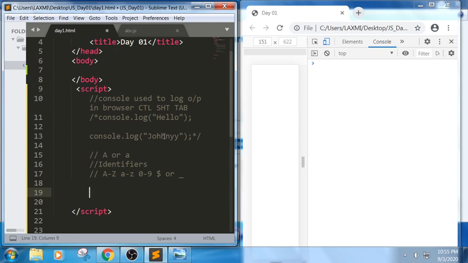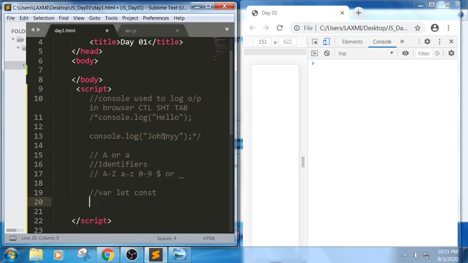Now in JavaScript, if I want to declare some variables, as I discussed, identifiers are the names for functions, variables, objects and so on. First let us understand var, let, and const. Like in other programming languages, we used to have data types.